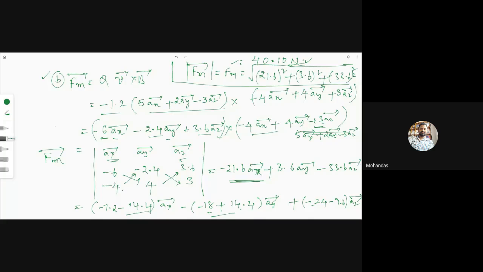What is the C question? If the moving charge is present in both the magnetic field as well as the electric field, the net force is the sum of the electric force plus the magnetic force. Electric force is Q into E, which you have already calculated. Magnetic force is Q into V cross B. You also calculated this. Now take those two forces directly and add them. Later calculate the magnitude of the resultant force. Tell me the Q into E value.